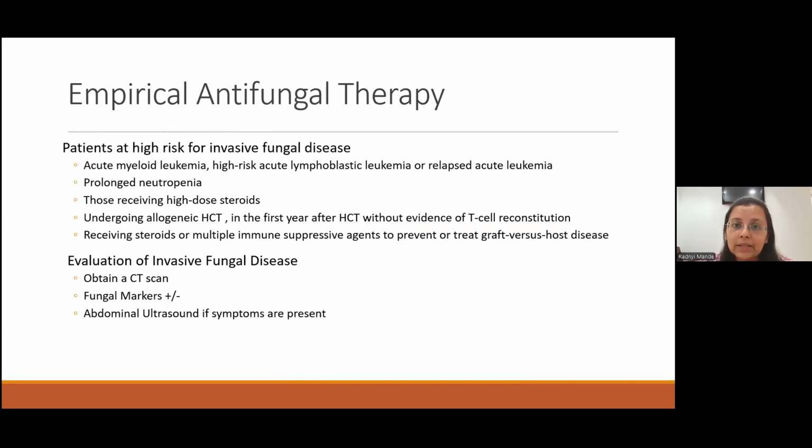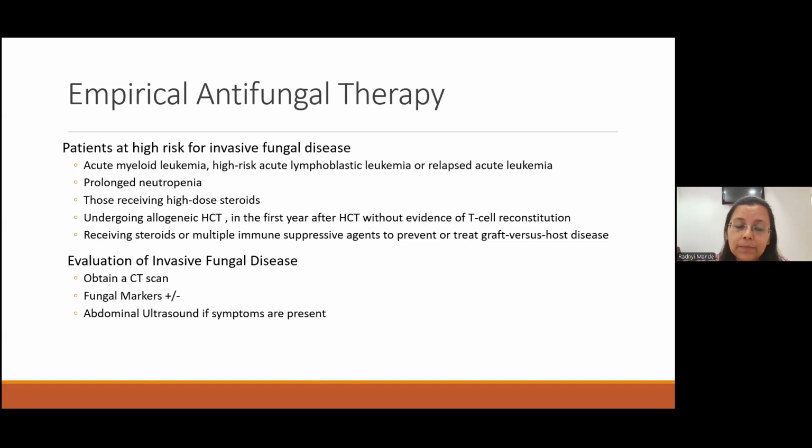So empirical antifungal therapy. When do we start antifungal therapy in a febrile neutropenia patient? All patients who are at high risk for invasive fungal disease. Which are such patients? Those with AML, that is acute myeloid leukemia, high risk acute lymphoblastic leukemia or relapsed acute